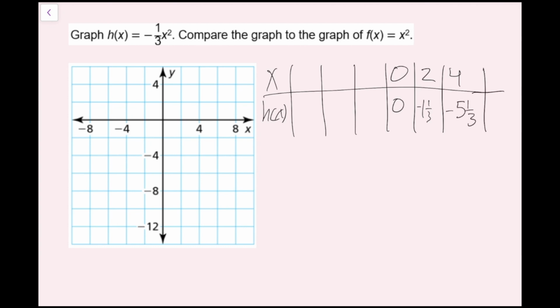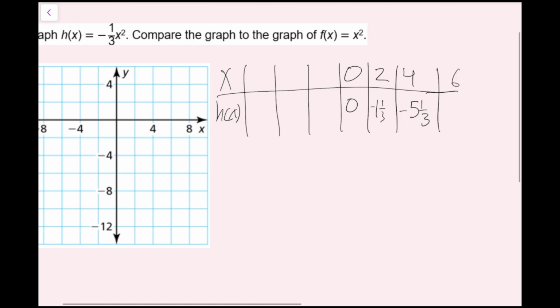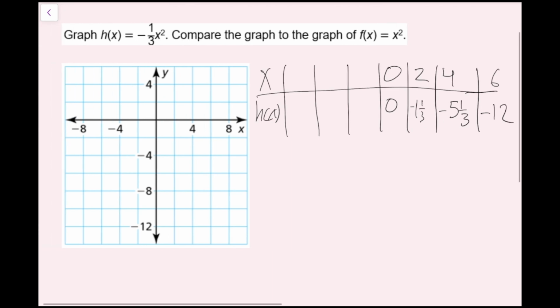I'm going to try 6, see if we can do 6. 6 squared is 36, and then negative 1/3 of 36 is negative 12, so that actually will fit on this graph. All right, and then all I have to do over here is just put these values and then negative 2, negative 4, negative 6,